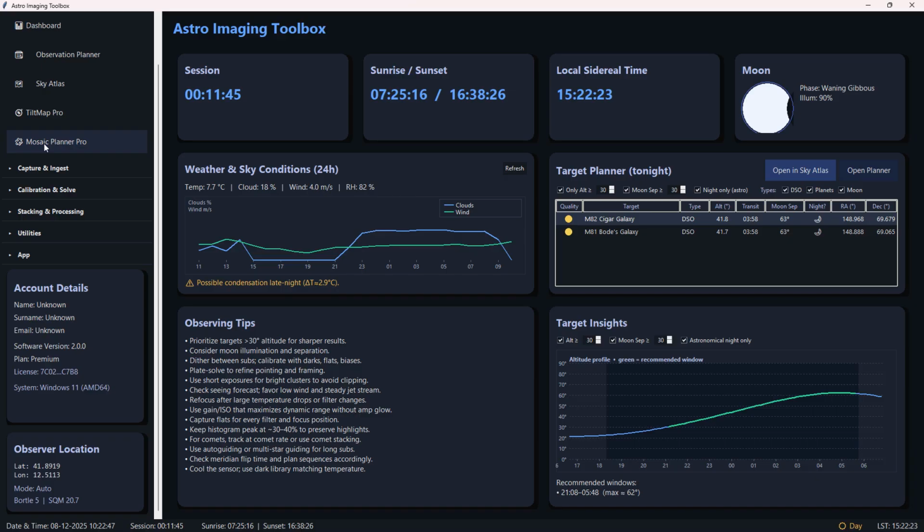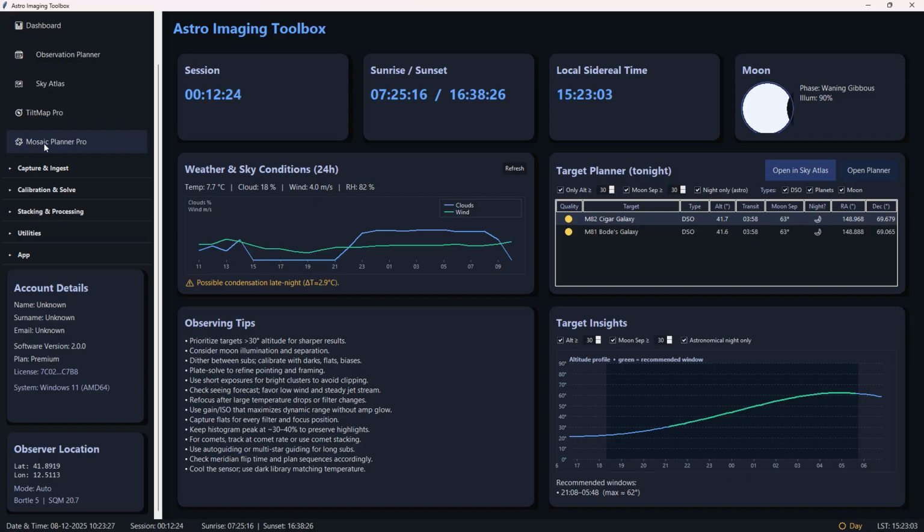How does it work? In this case, you can choose a target. Let's say I want to shoot M31, which is quite big. If you have a huge telescope, let's say a Celestron 8 inches, you're going to see only the core. So you have to use a different sensor perhaps, or a reduction for the lens, but still it will be big. In this case, with the Mosaic Planner, you can choose the equipment that you have, or you can add your customized